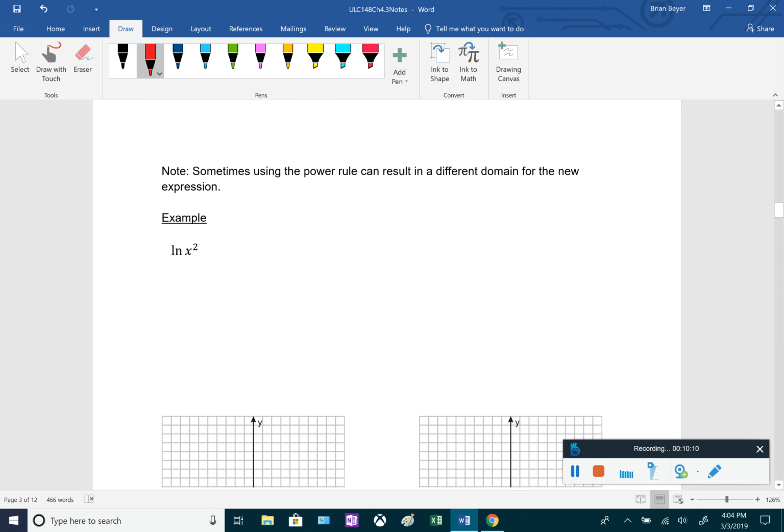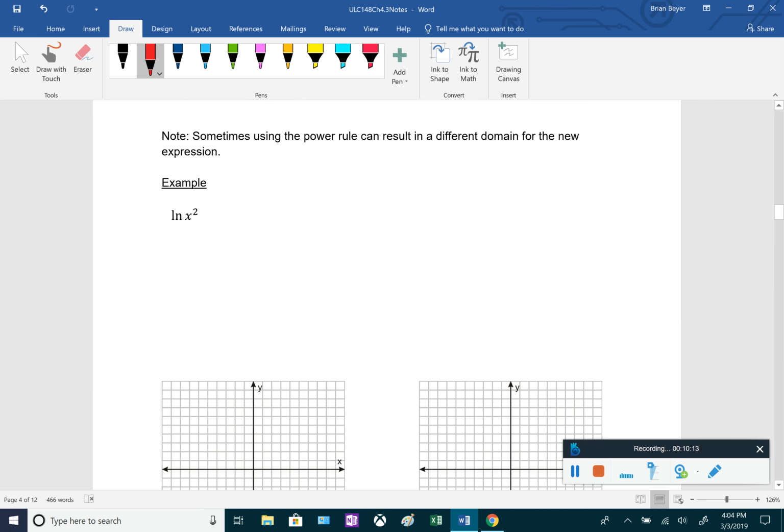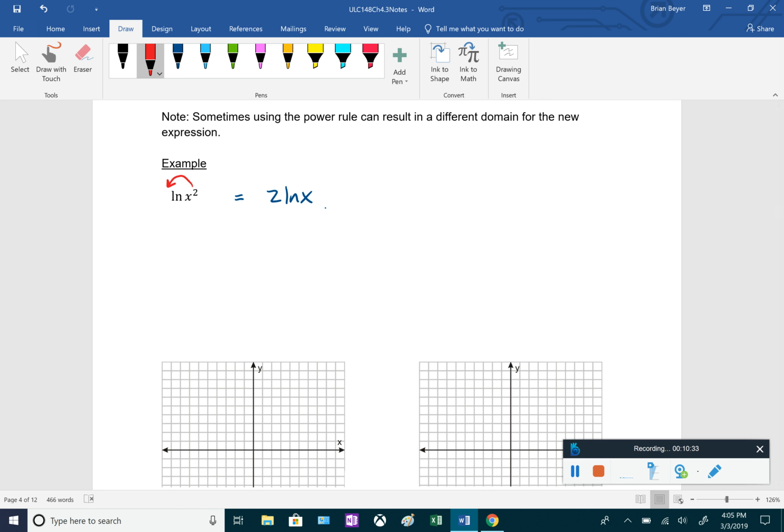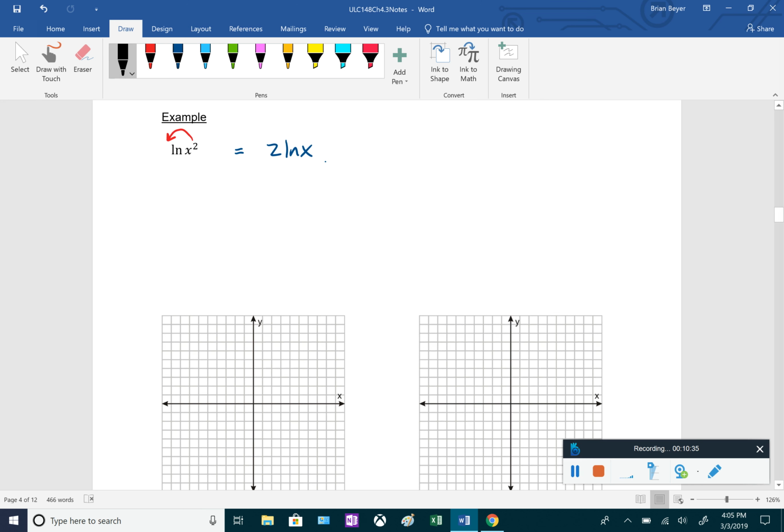Okay, so also one other thing to keep in mind here is when we use this power rule, we actually sometimes are changing the domain. So for example, if we have the ln of x squared, based on the power rule, we know that this equals 2 times the ln of x, right? We just took that exponent of 2, brought it down front. So if we took a look at the graphs for both of these separately, taking a look at y equals ln of x squared, and then taking a look at y equals 2 ln of x,